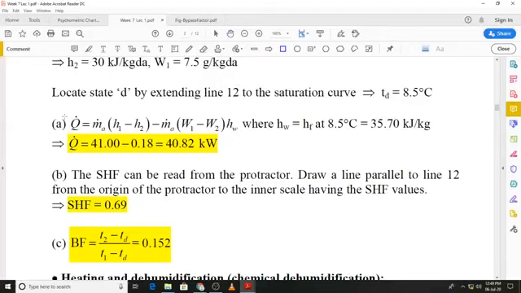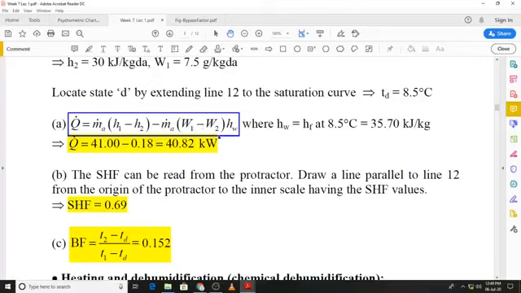In this equation, as I mentioned earlier, usually the first term is quite large and the second one is small, and we can almost approximate Q dot by m dot a into (h1 minus h2). But to emphasize that the relative magnitudes of the two terms are quite different, we will use